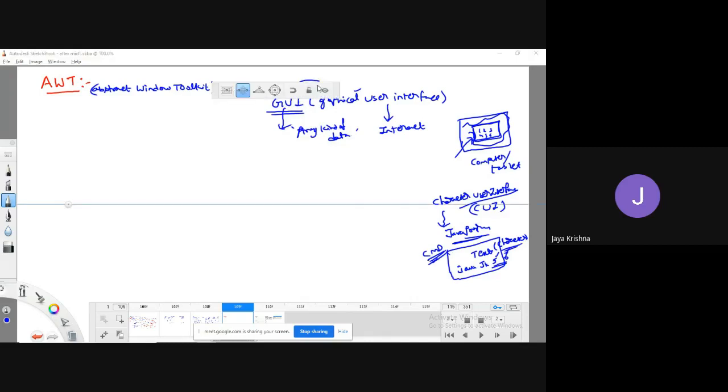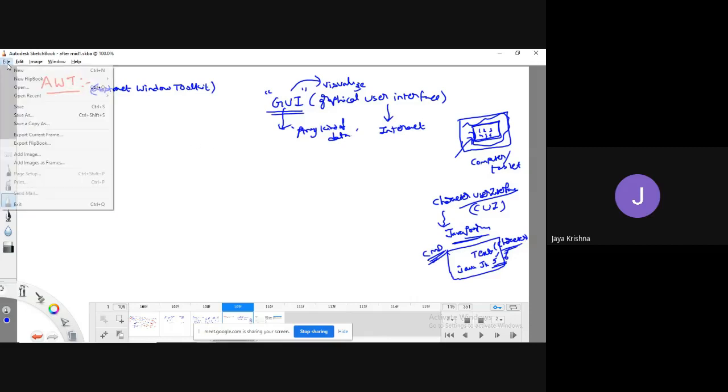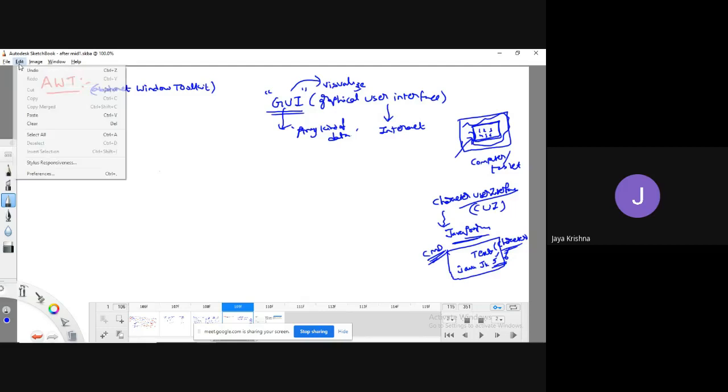So simply, with the help of this GUI, visualization will be more for the user, so that he can interact. Observe, if I click on file, this is a kind of user interface, with new, open, recent, like that. If I click on edit, undo, all this is a kind of graphical user interface. The simple example is whatever screen you are viewing, it is a kind of graphical user interface.